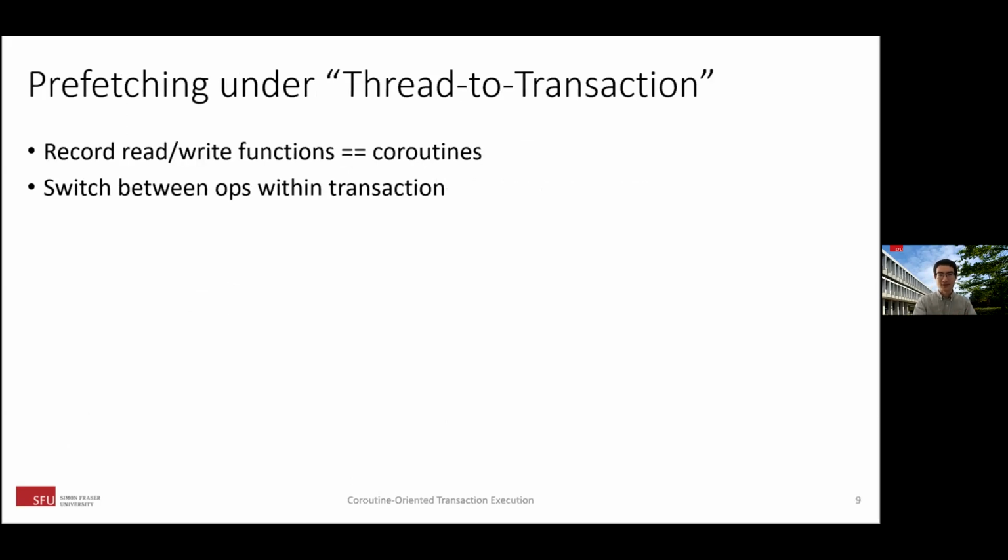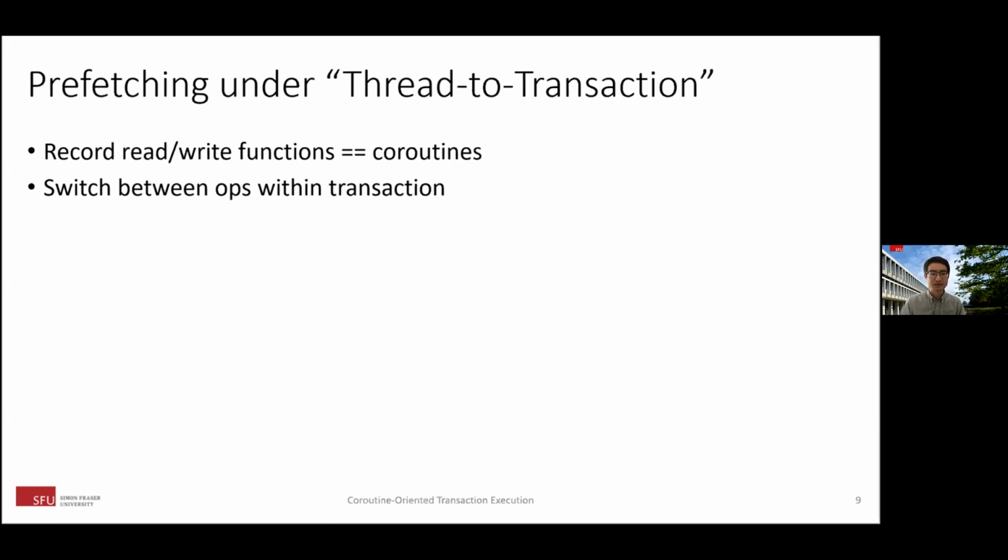So now this is the point where I want to come back to the thread-to-transaction paradigm, which we find is dominating in main memory databases. If you go back to the coroutine paradigm we just described, we can take a function, for example one doing record reads or record writes, and easily turn it into a coroutine. For example, if we're drilling down the tree and we find there might be a cache miss if we access this node, then I can issue this prefetch instruction and switch to another operation. Now,